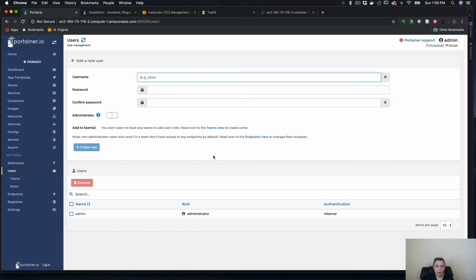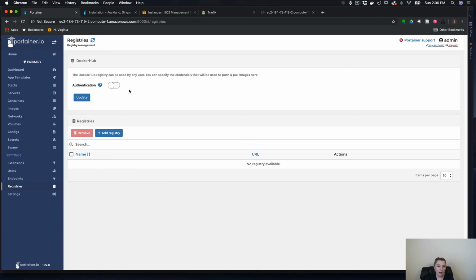One nice thing is that when you first run Portainer, it will give you an interface that says create a user, and my user is always admin password, but it probably shouldn't be. It should be something more informative. And then you could create other users. You could have team views. I'm sure there's something in here that you need the enterprise edition for. And then you could have endpoints,